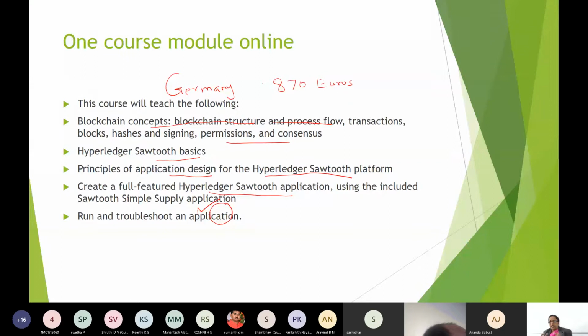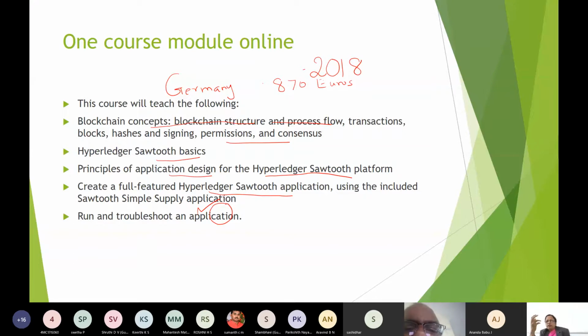Why I brought this slide in the middle is because Hyperledger Sawtooth started in 2018. It is only like a two-year-old baby, but still it has gained a lot. Fabric is three years old.